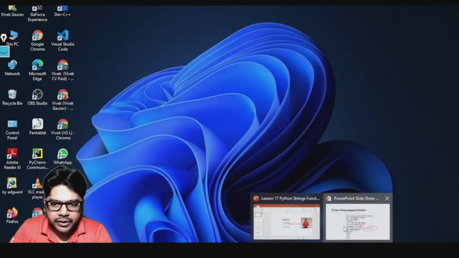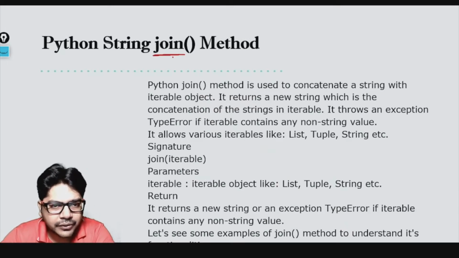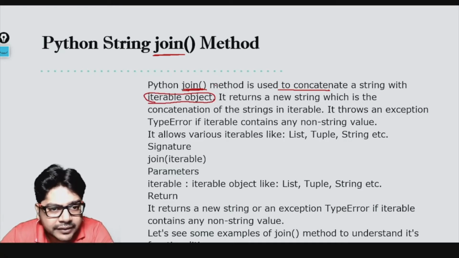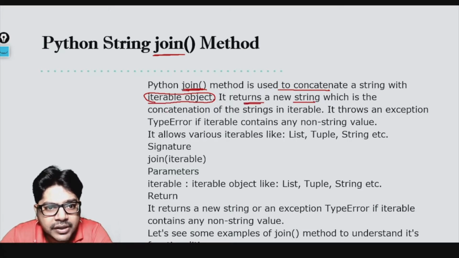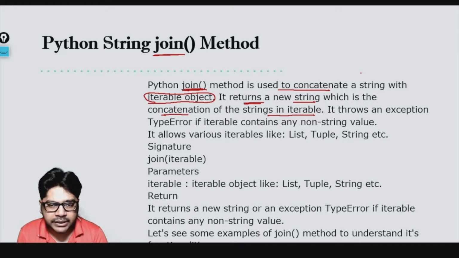So going ahead and talking about the next function that we have, which is join, which is an important method. Okay, so listen to it carefully and understand it also carefully. So Python join method is used to concatenate a string with an iterable object. Now what is an iterable object? A string, a list, a dictionary, a set, these are iterable objects. And it returns a new string, which is the concatenation of the string in iterable. Okay, what it does is that it concatenates, means it joins a string with an iterable object, and it returns a new string, which is the concatenation of